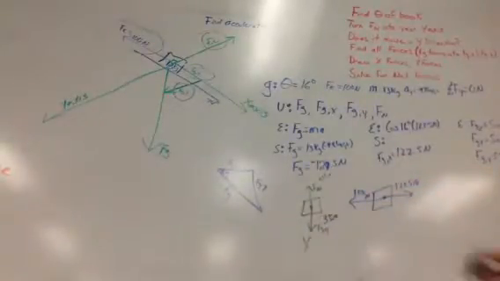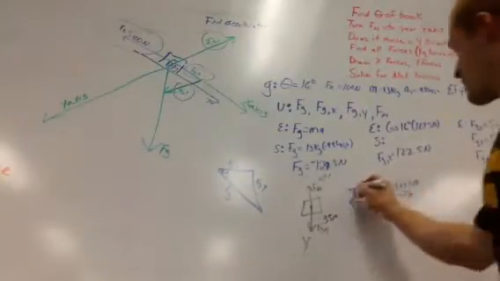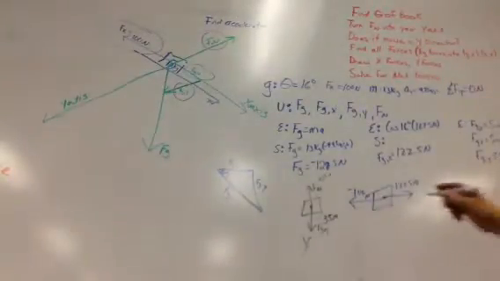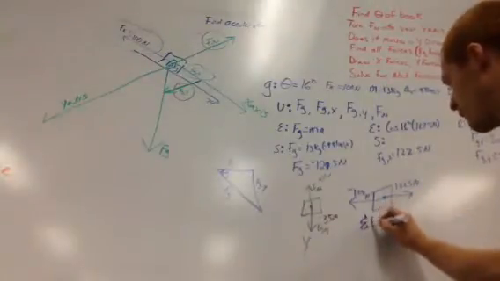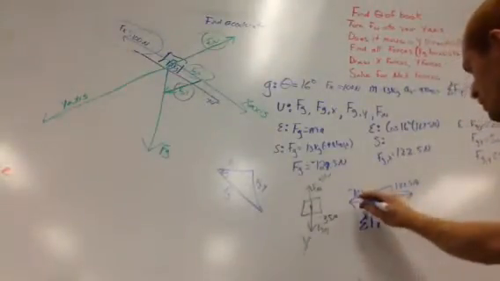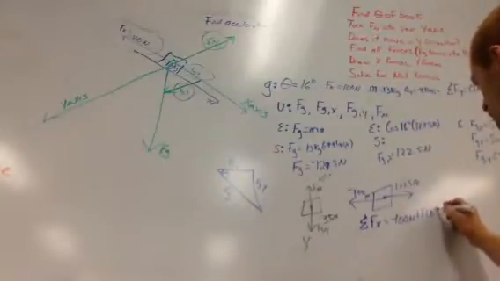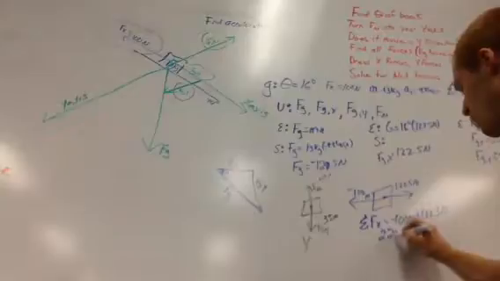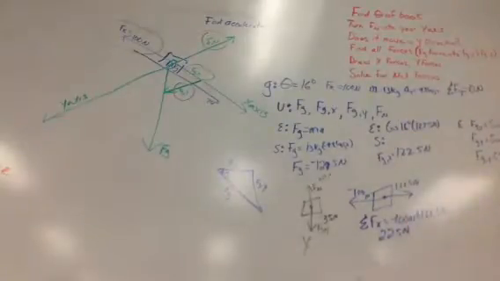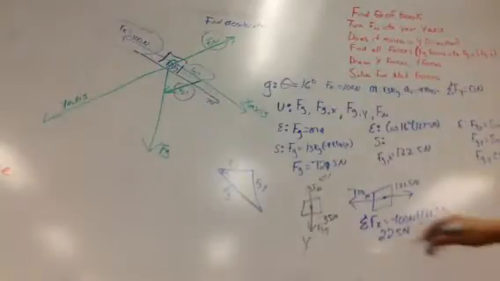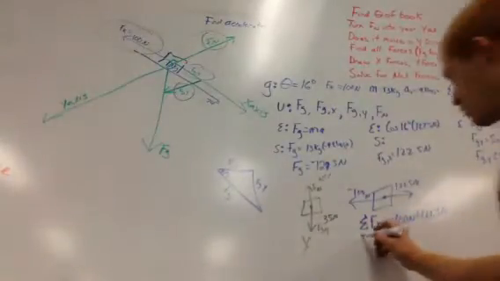Now we're going to look at FG of X and FK. Notice 100 newtons to the left, so that would be negative because it's going left. 122.5 newtons. So when we do the net force in the X direction, we're going to do negative 100 newtons plus 122.5 newtons. We are going to get 22.5 newtons. Notice it'll be positive because it's going to the right. Now we have the net force in the X direction